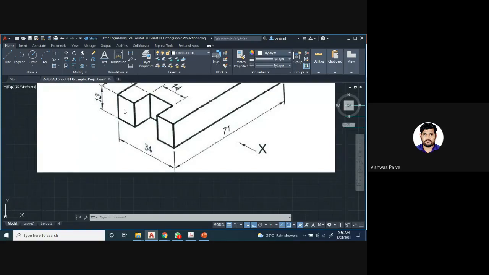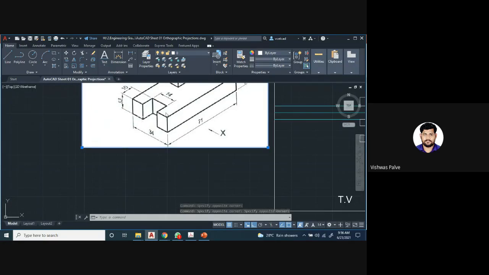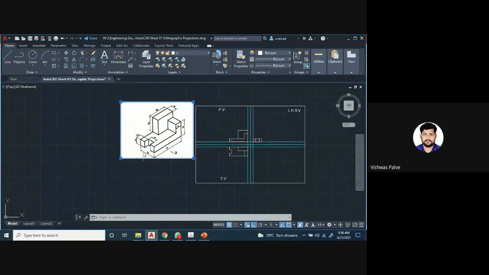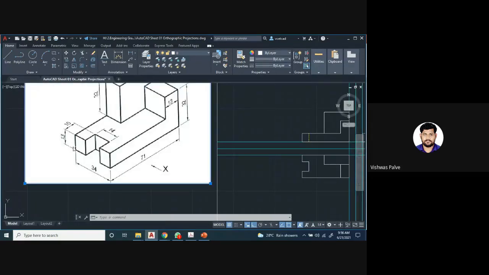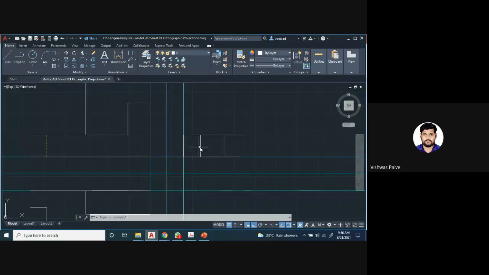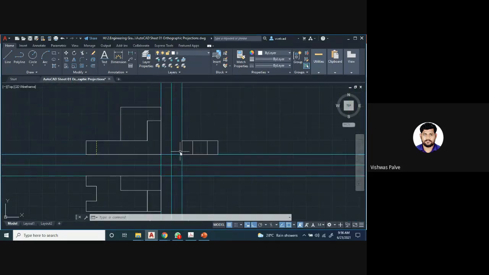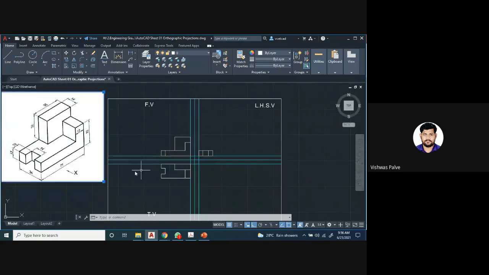Okay, this is the small 13. Then this portion, and in between there is again a surface which has gone behind. But when we observe it from the left hand side, you are going to see it as the same plane surfaces 1, 2, and 3. Three plane surfaces will be visible. So I have drawn that.